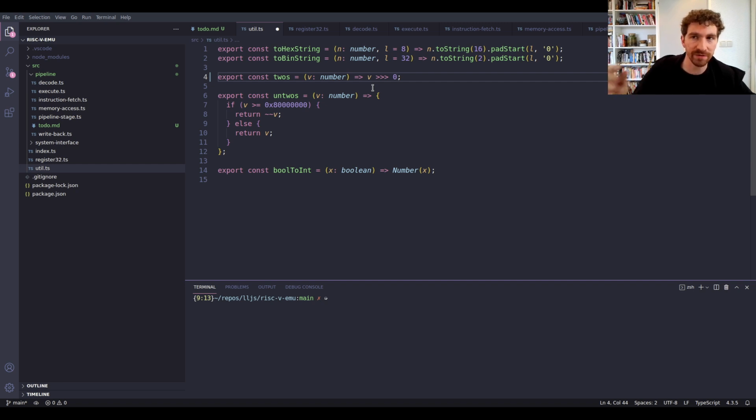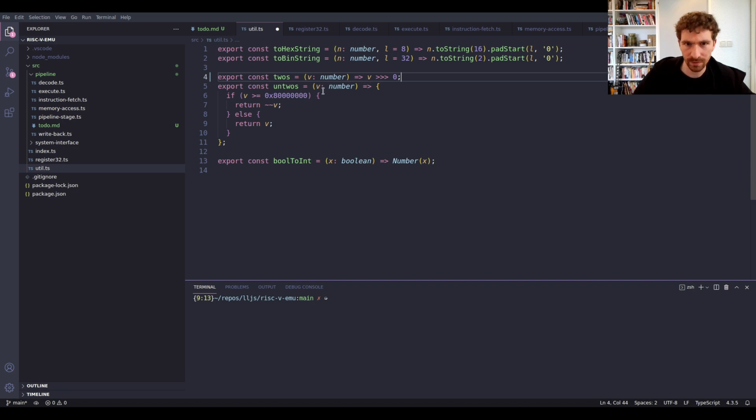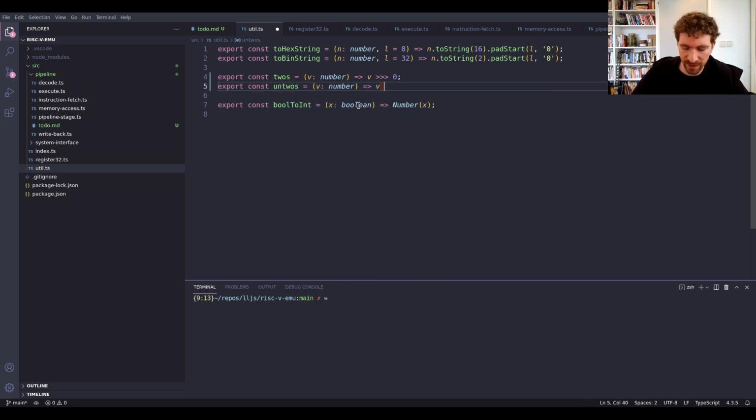It would actually shift the sign bit down as well, so it's super useful. That allows us to do this conversion. And you can imagine that we can do a related operation here to undo something. And that would be to do